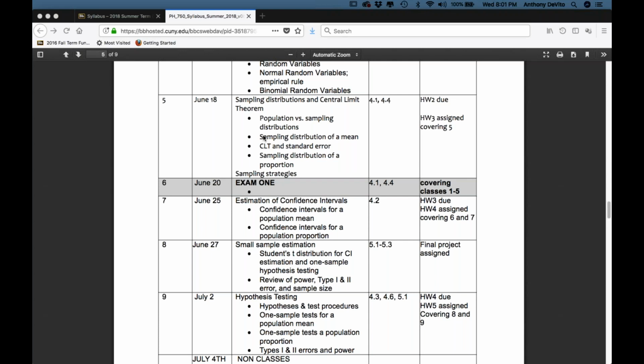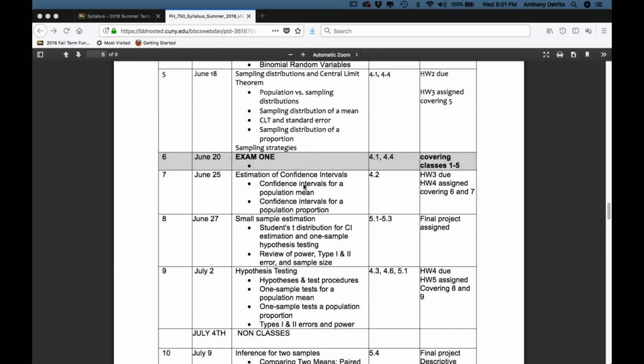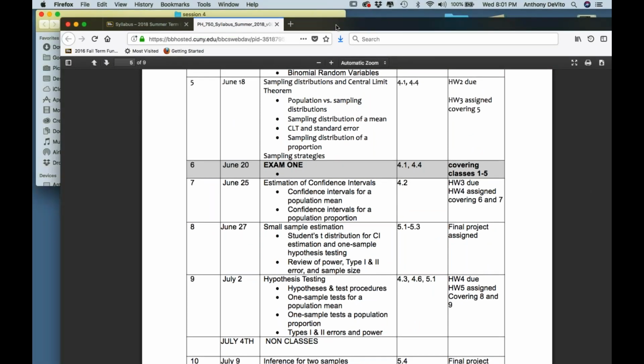So I'm going to reserve this coming Monday, next session, to a little bit of new material, but to a lot of review and preparation for the exam. So that's pretty much where we stand now. You'll notice that after the exam, we talk about something called confidence intervals. I want to introduce that now because that's really an interesting concept and it'll give you a real insight into where this course is going to go from here.